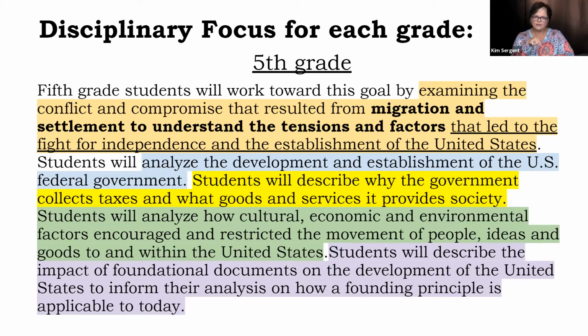What it does for high school is it says, this is the focus of civics. This is the focus of geography. So it gives you the instructional focus for each of those. So it still stays pretty broad, as always, with high school. But with K-8, for instance fifth grade, what I've done with that beige color is to tell you the overall focus for the grade. So fifth grade is examining conflict and compromise. When you're teaching fifth grade, take every opportunity that you can to talk about when it's tough and how they make it better through compromise, or how they make it better for themselves, how they work together to do that.